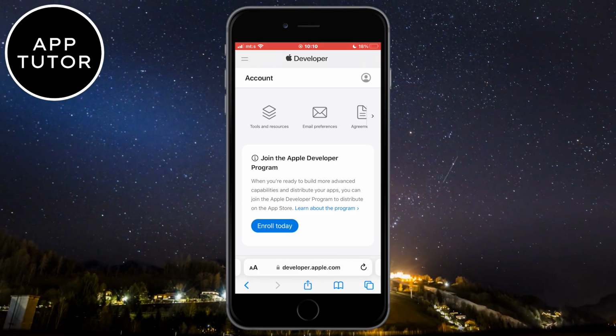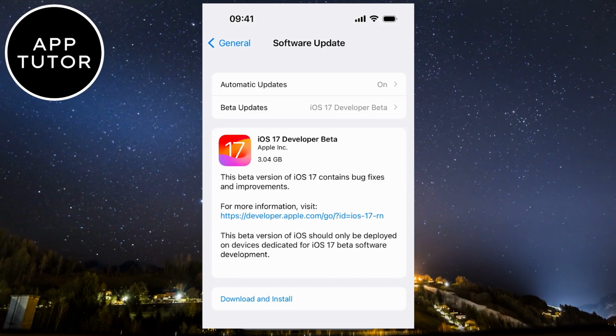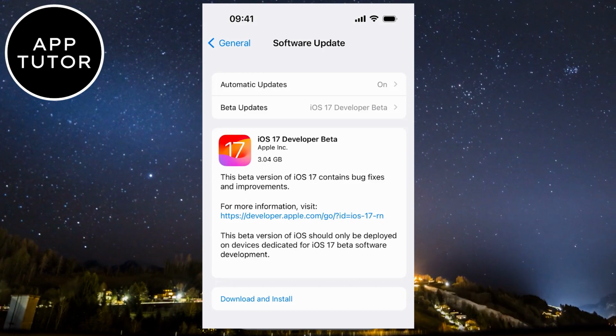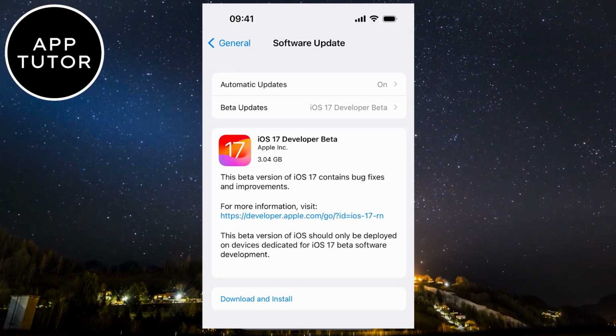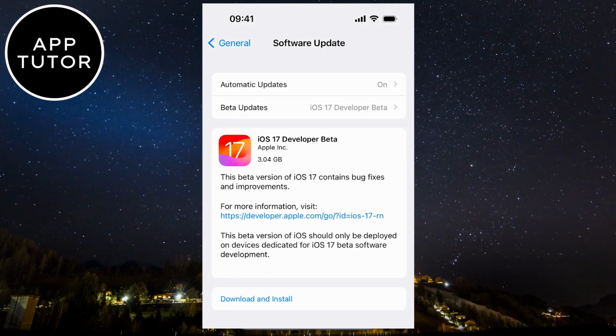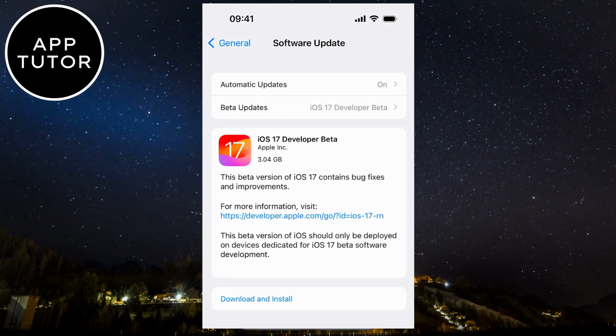or iPad. You will now receive the iOS 17 developer beta and you can download it and install it on your device. But if it's not showing up in the software update section, then restart your iPhone and it will show up for you, then you can install it and enjoy iOS 17 on your